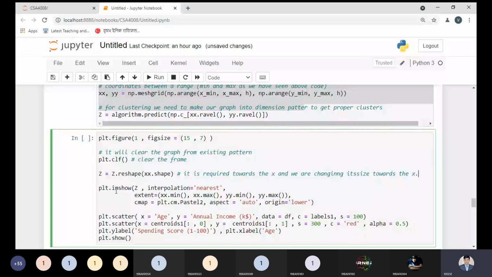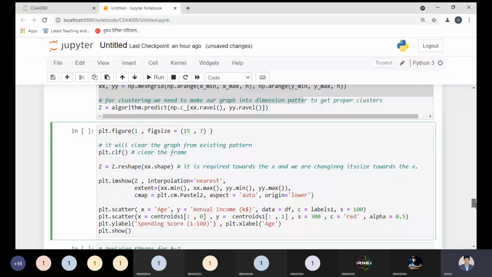And with the help of imshow, imshow is a method which displays the information in a graphical way in different colors automatically. We are not doing anything. So imshow is a method, and we need to pass Z, and we have to use some parameters. Those are the interpolations. In the interpolation, we can use nearest or farthest, whatever you want to use. And for the extent we are passing the minimum value, and we are passing the maximum value. And the same thing we need to do for this part by minimum and by maximum, as we have seen outside.